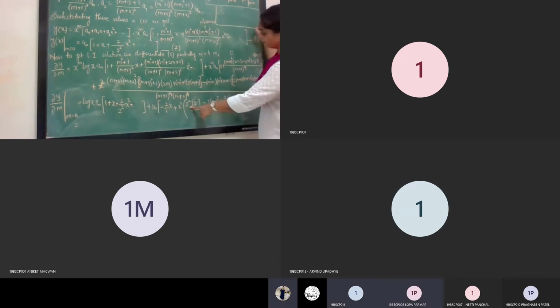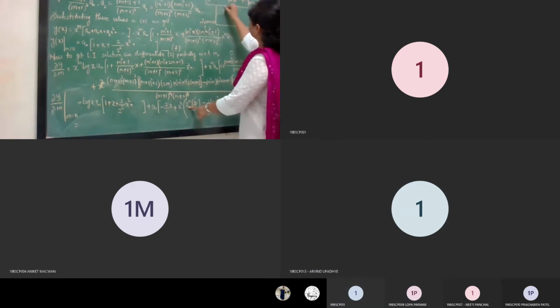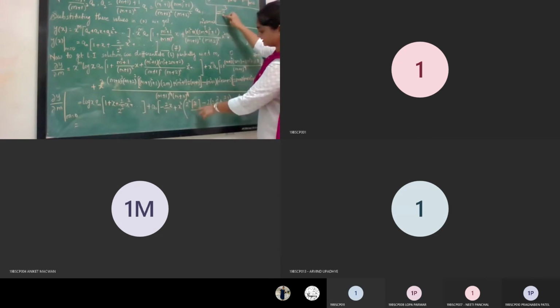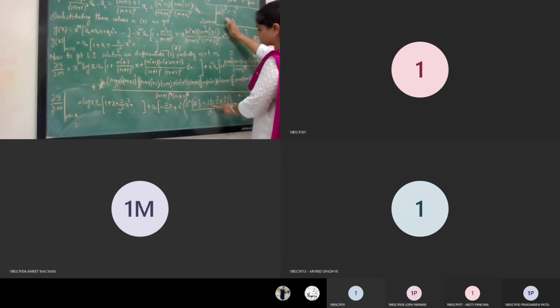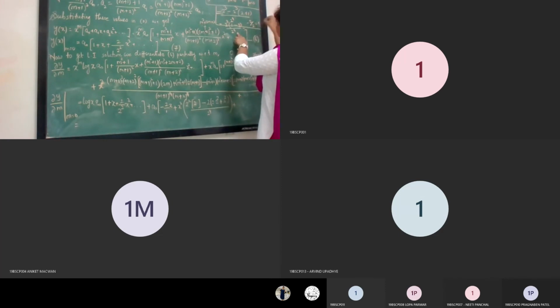Yes, ma'am. Okay, fine. So this term is equal to 2 cubed minus 2 squared, I can consider common. So 2 into 2 squared. So this is minus 2 cubed, right? 2 cubed I have already considered common. So this is 2 cubed. Let me write the term. So this is now 2 into (2 plus 1), that is 3, upon 2 raised to 4. So that is equal to 2 cubed considered common, and here I have 1 minus 3 upon 2 raised to 4. So this is minus 2 upon 2. So this is minus 1. Is it clear that the simplification of this term will be minus 1?